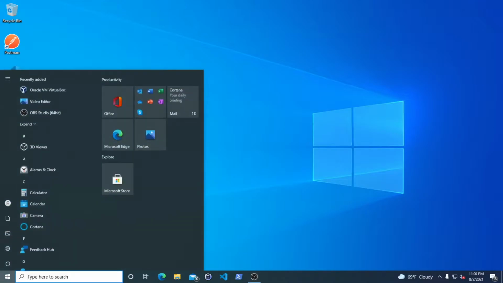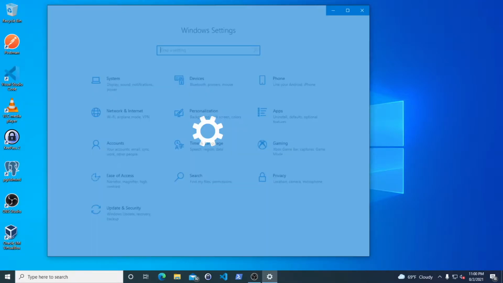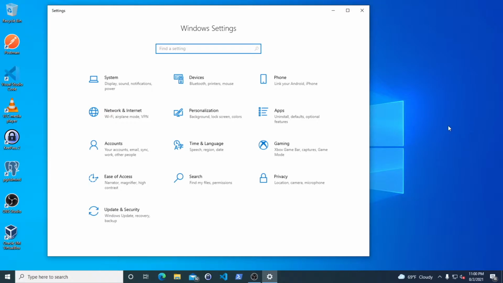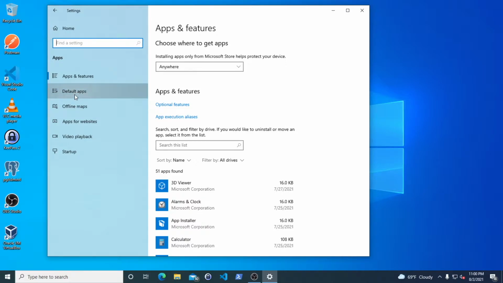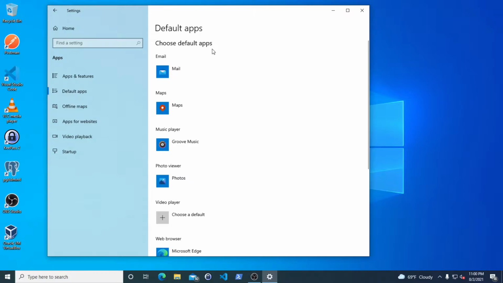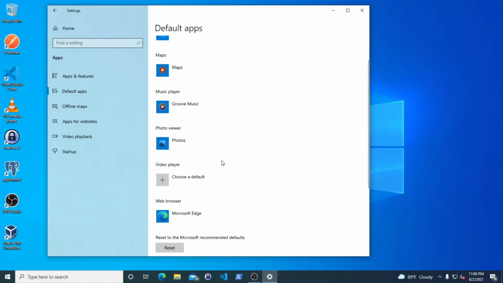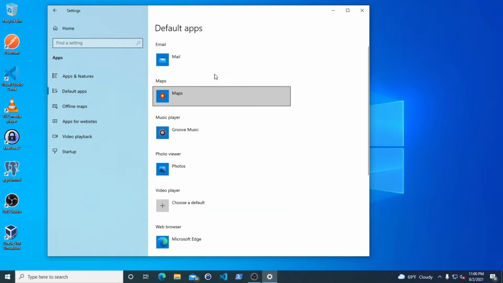So first we're going to open up settings, and then you're going to go to apps, and then right here in the sidebar underneath apps, it'll say default apps. You can see right here, it says choose default apps with the default apps, all from Microsoft, as to what